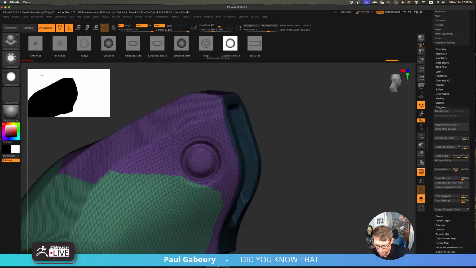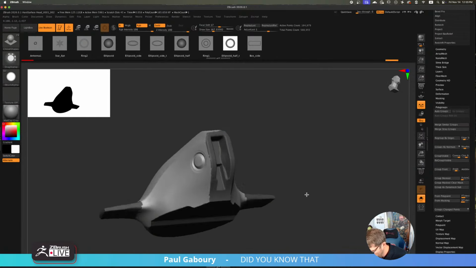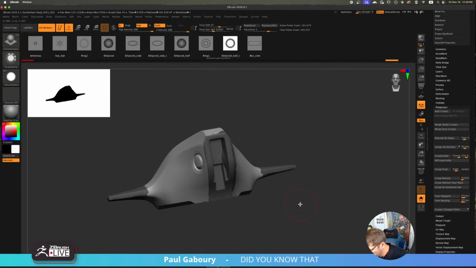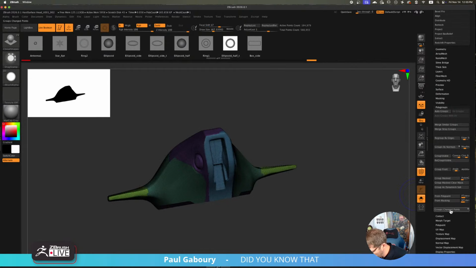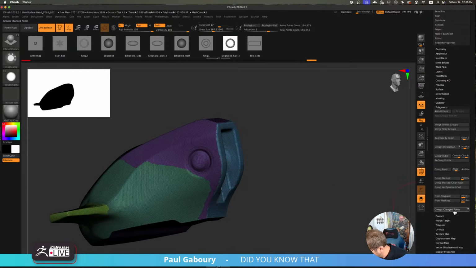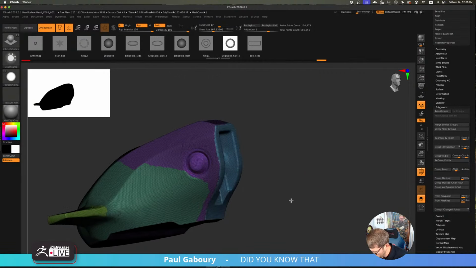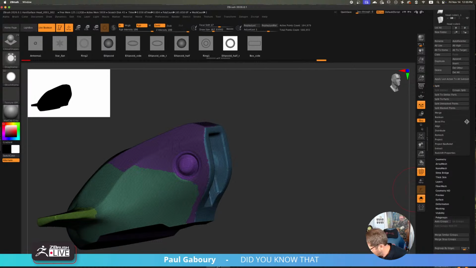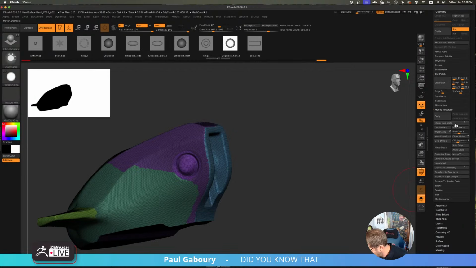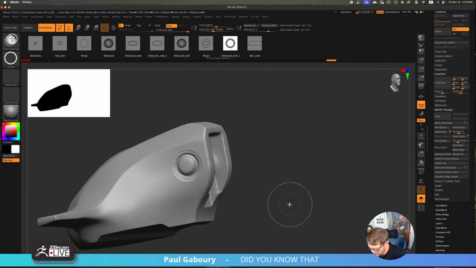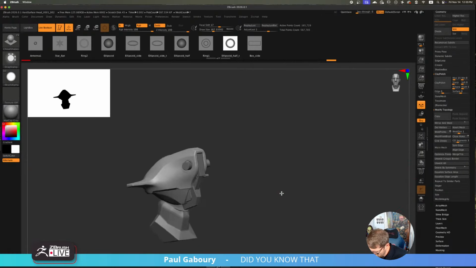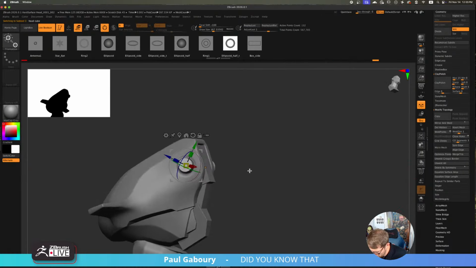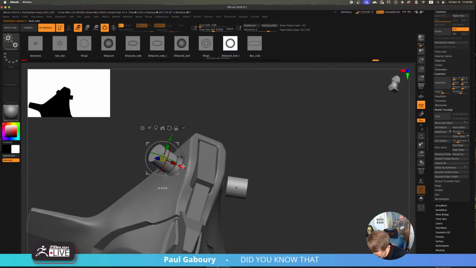This is why I also like the new drag stamp. I can kind of evaluate things. All right. And then I'm going to make that be a new polygroup. Right, so I need to then make it a new polygroup. There, it's a new polygroup. And then I didn't have the symmetry on once again. Mirror and welding. Then I can bring everything back. And then now these maybe stand offish a little bit more like this.